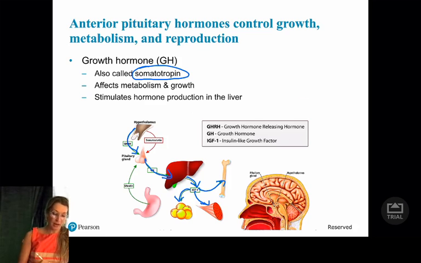A negative feedback on this is something called ghrelin that represses appetite, and that comes from the stomach, because as you would imagine, growth,